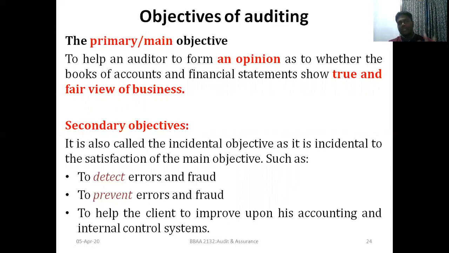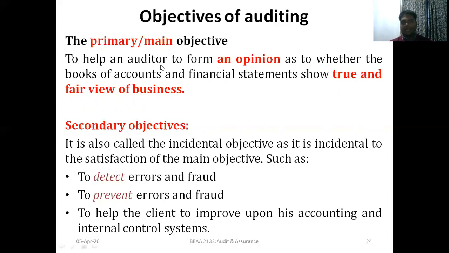I put it this way, in terms of the primary objective and secondary objective, then I feel you can easily understand whether something is primary or secondary. Don't think that all the books say it this way, objective of auditing as primary and secondary. First, refer to the textbooks. Textbooks simply say in one sentence, this is the objective of audit. So don't take that as an issue, no? But try to understand.